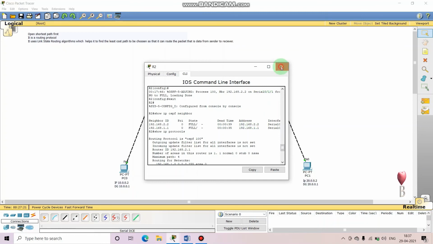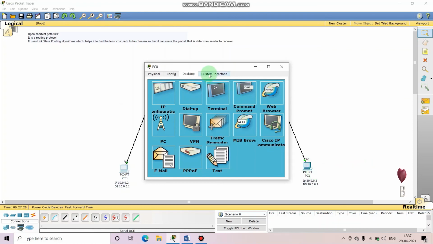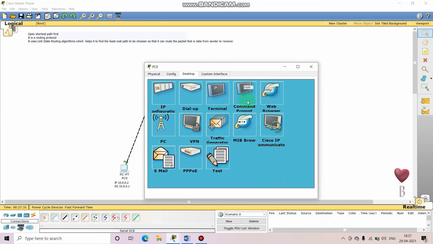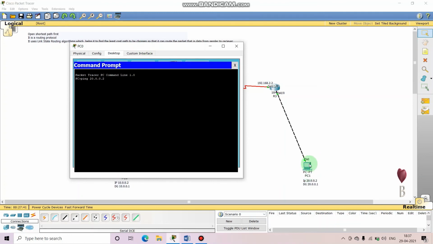Okay guys, so let's try to ping from PC0 to PC1. You will go here into the command prompt. You will write ping 20.0.0.2, which will be the IP address for this PC. Enter.